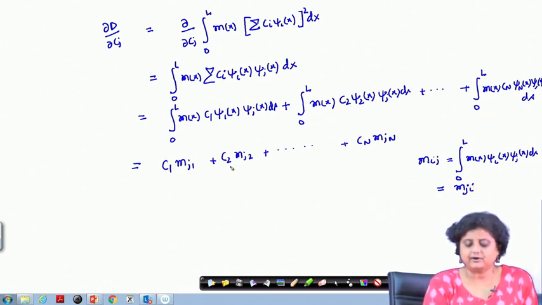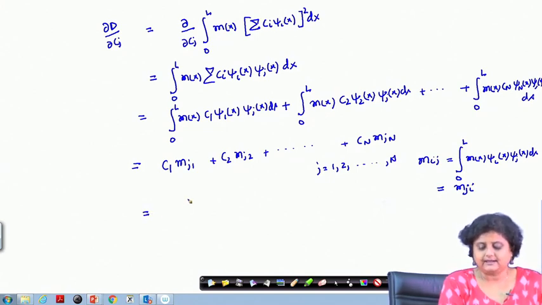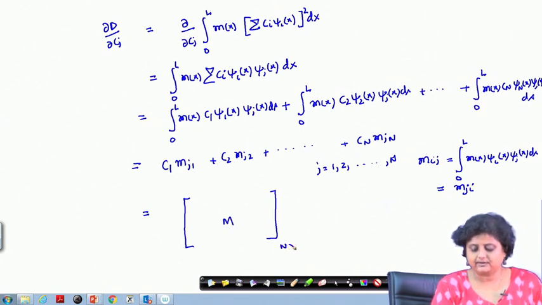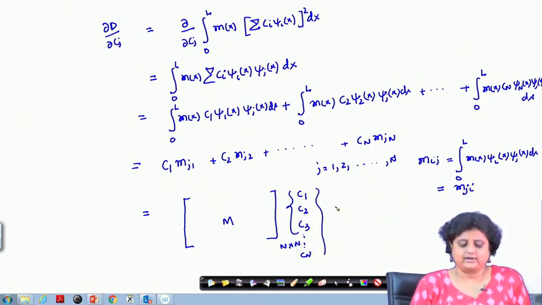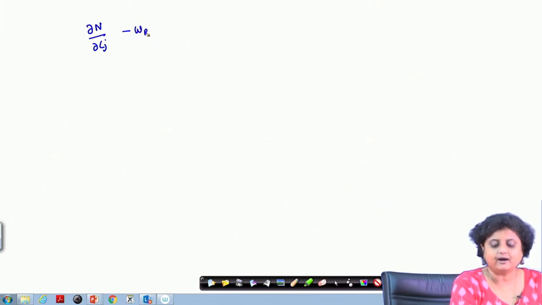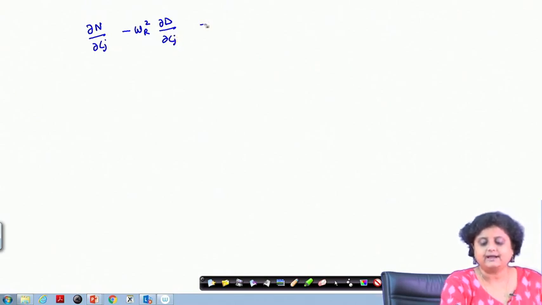So, if this is for a particular j, and if I write it down for j equals 1, 2 till n, then this again can be written in a matrix form: M, which is n cross n, into C1, C2, C3, and so on till Cn, and this is what we get. Now, if I summarize this whole thing, then the expression del by del Cj of the Rayleigh quotient, minus omega r square del d by del Cj, can be written as